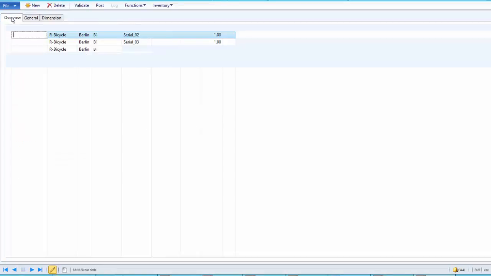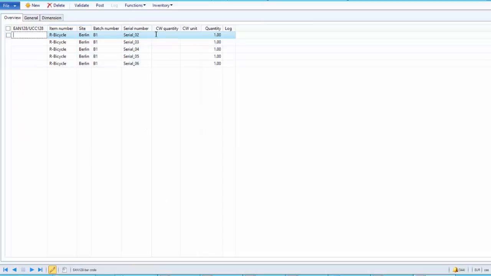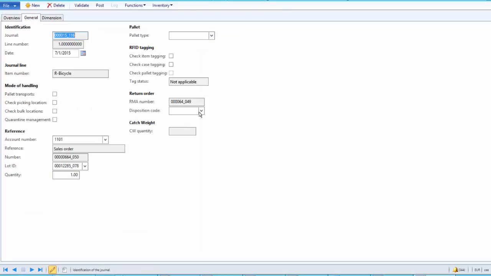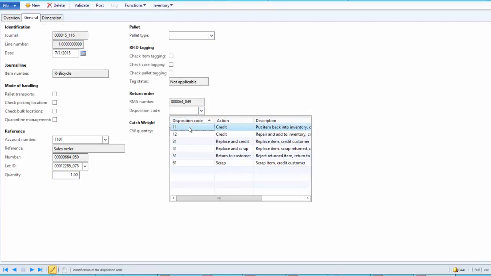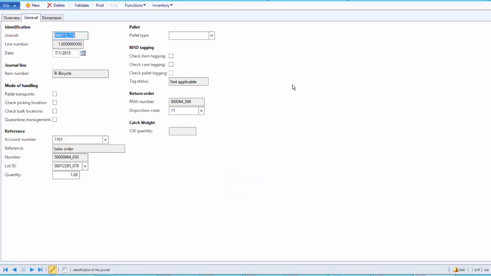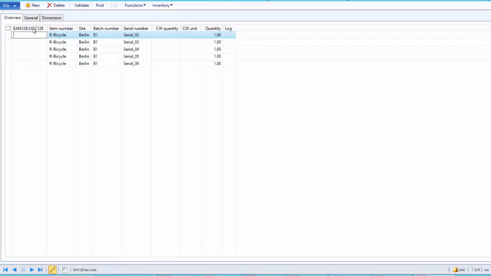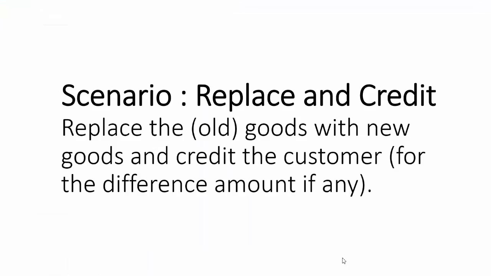Now this is the bicycle piece, which we will simply put back to inventory, and we will credit the money back. So for that, the disposition code is credit. Put the item back to inventory and we will send the money back to the customer. Scenario replace and credit: replace the old goods with the new goods and credit the customer for the difference amount,